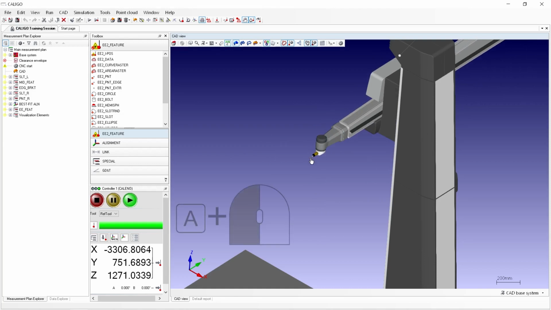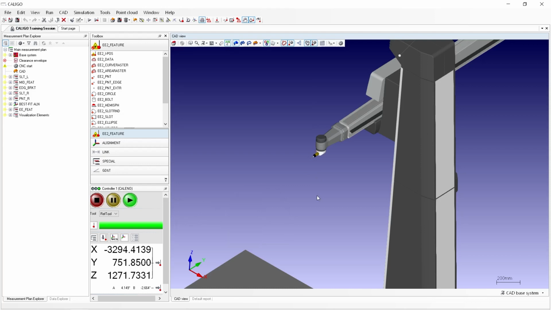Selecting the probe tip while holding the A key and moving the mouse back and forth will rotate the stylus system in the A axis on the controller in simulation. If this is done by holding the B key down instead, the B axis will be rotated. Then we'll see when we import the EagleEye later that we'll have an additional C axis to rotate the head of the sensor. And holding the C key down while holding the left mouse button will rotate the head of the